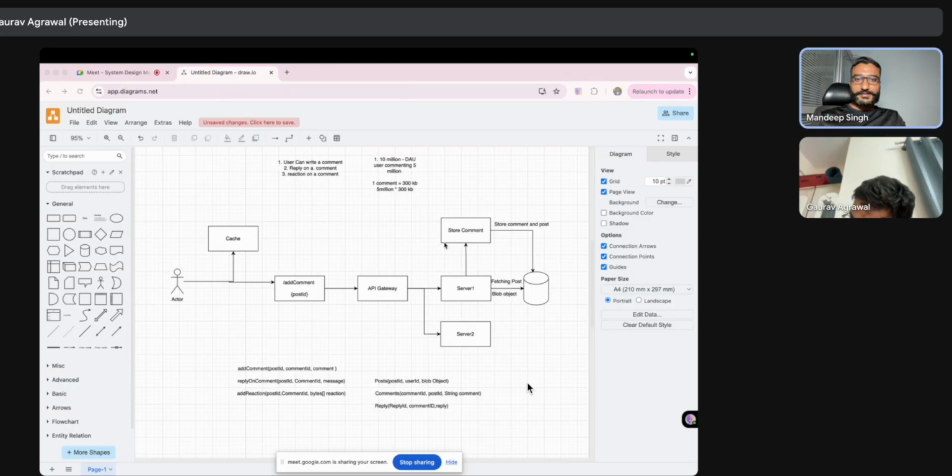That yeah, these are my query patterns, and storage was one thing. So some of the factors: let's say you are suggesting SQL, are we using some properties of SQL databases, let's say handling relations? You mentioned that there are relations on post, comments, and reply, and you should mention that since there is some relation, we might be able to use join queries or those things. So yeah, and